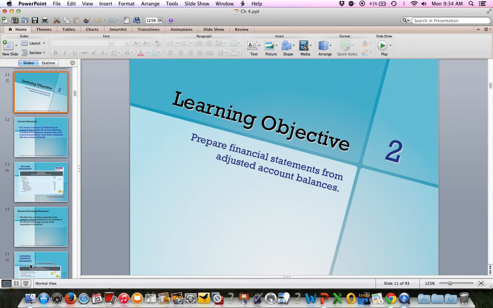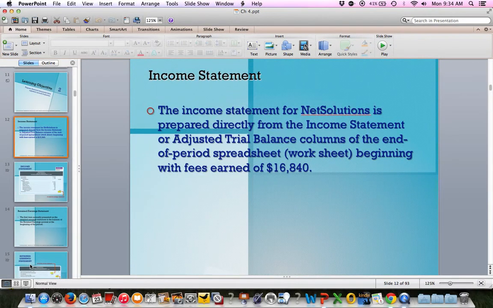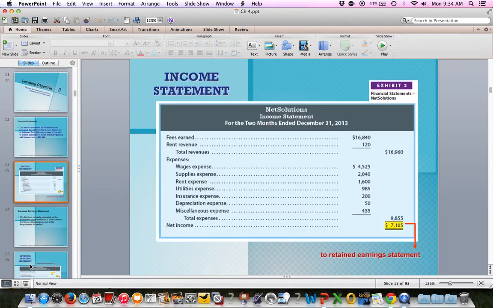Okay, so that's the next step, is we'll take the adjusted trial balance and turn it into financial statements. It says the income statement for Net Solutions is prepared directly from the income statement or adjusted trial balance columns from the worksheet, beginning with fees earned of $16,840. Okay, and those are the same numbers we looked at previously just a few screens ago, and this is